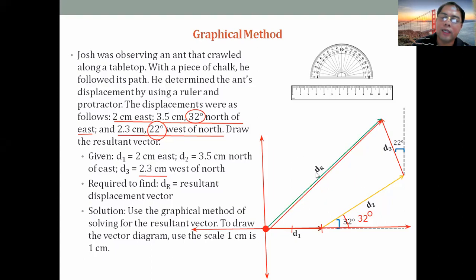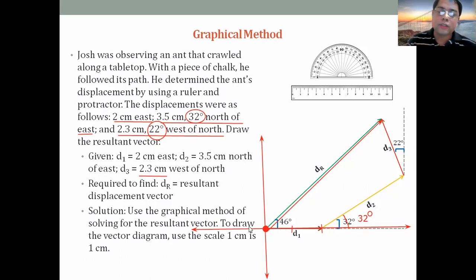So this is the third side. We call it the displacement, the resultant displacement dr. Now, how long is that? Then you get your ruler and you measure the angle. This time, when we measure the angle, our measurement must always be based